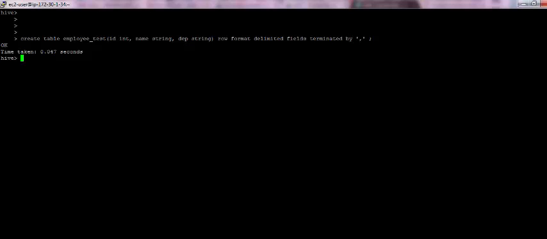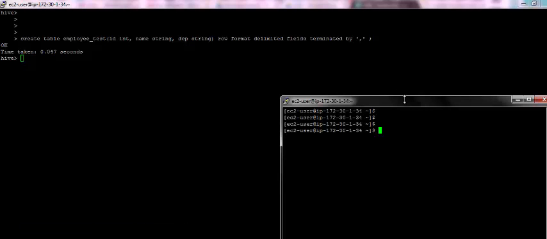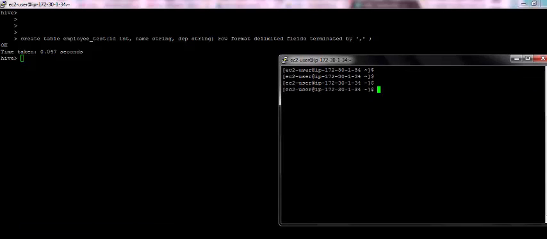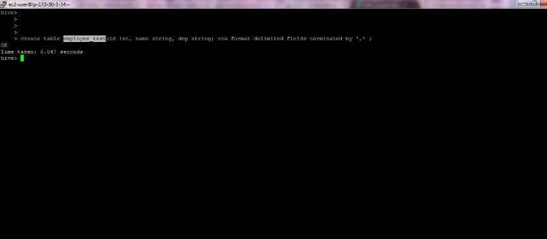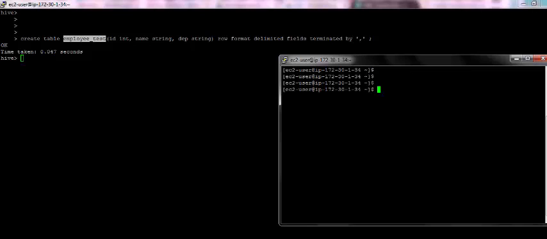Now we are going to see what this means in terms of storage. We have another session open here where we'll see that when Hive creates an internal table, it essentially creates this exact directory in Hive's internal warehouse location.